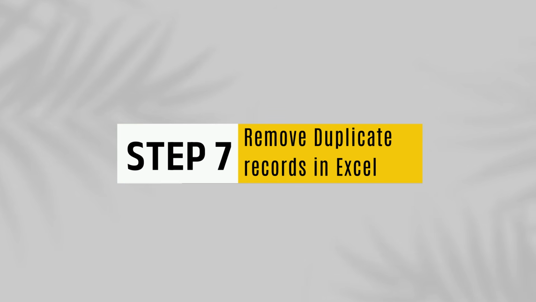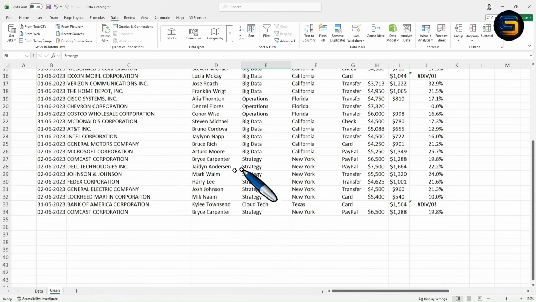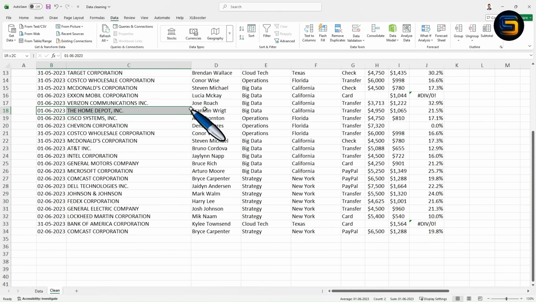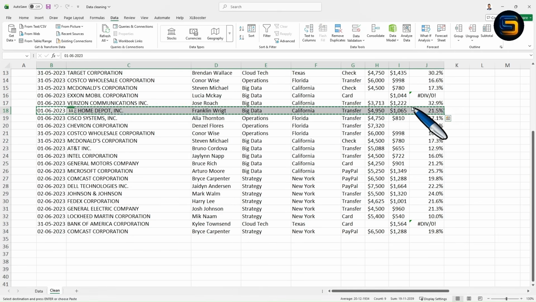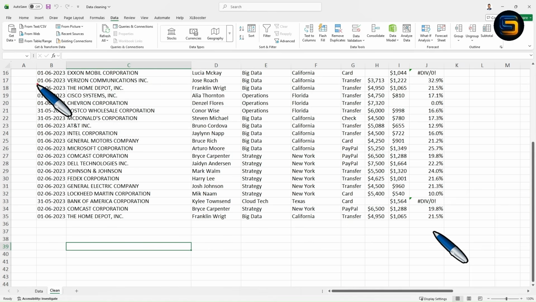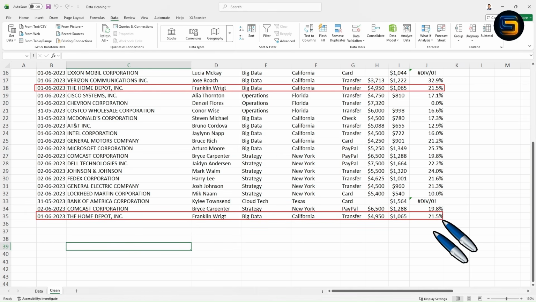Now we'll move on to the next topic. Let's suppose there is any duplicate record inside this data. So what I will do, I will just copy this record, Control C. I will copy this entire row, I will paste it here. Now look carefully, I have taken the duplicate of the row report INC and I have pasted it at the last, right? Means the entire row is duplicate.